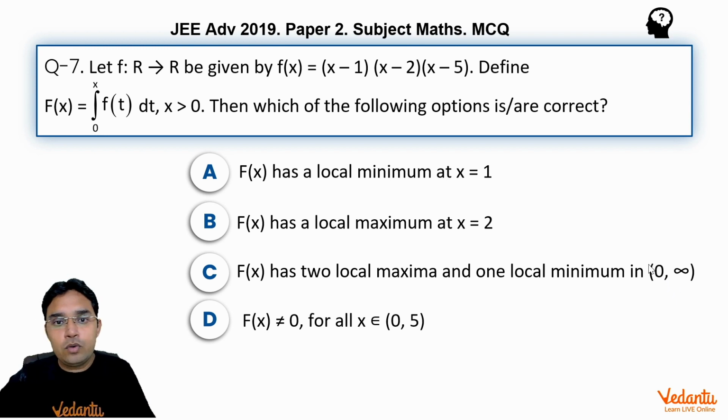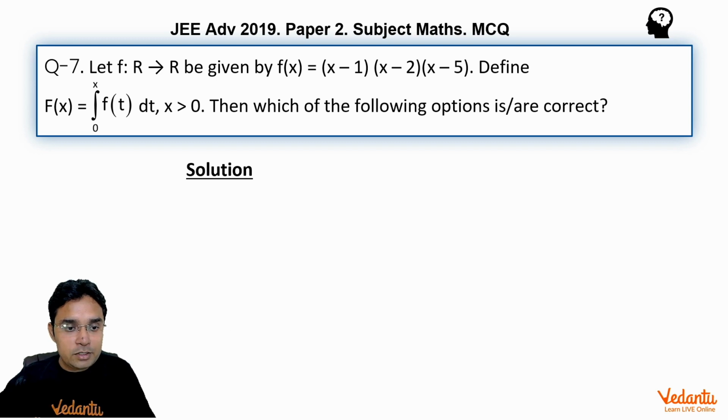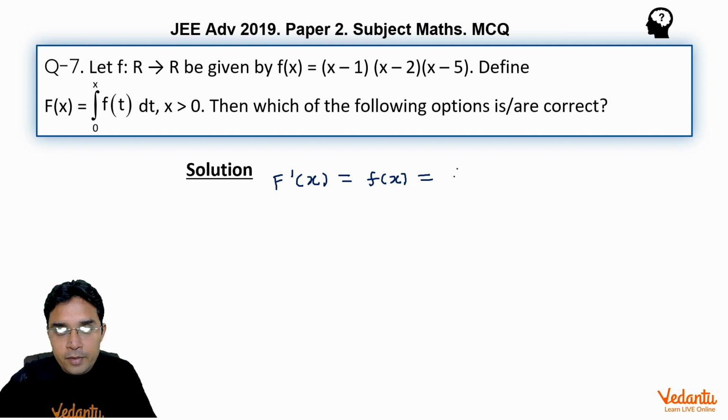So let us see how to solve this question. First of all, as we all know, to find maxima and minima, we need differentiation of a function if it is differentiable. And because of the way capital F(x) is defined, it has to be differentiable. So in this, F dash x will be nothing but small f(x) by use of Newton-Leibniz formula. So this will be (x minus 1)(x minus 2)(x minus 5). Now, if we use